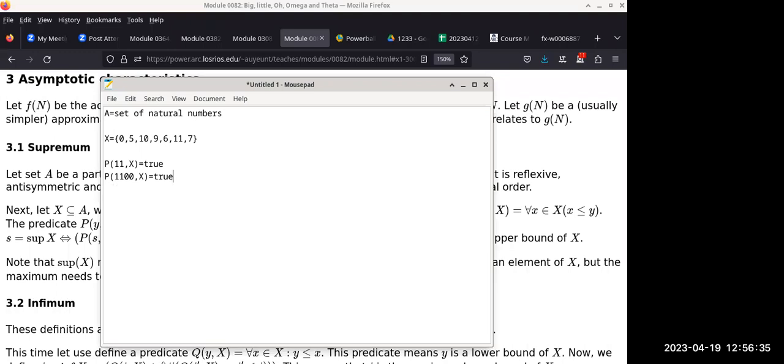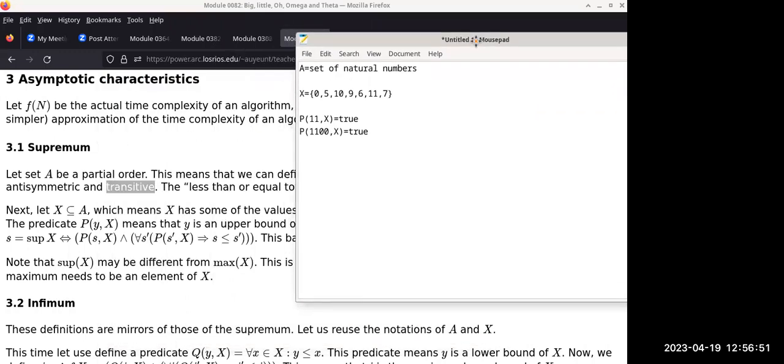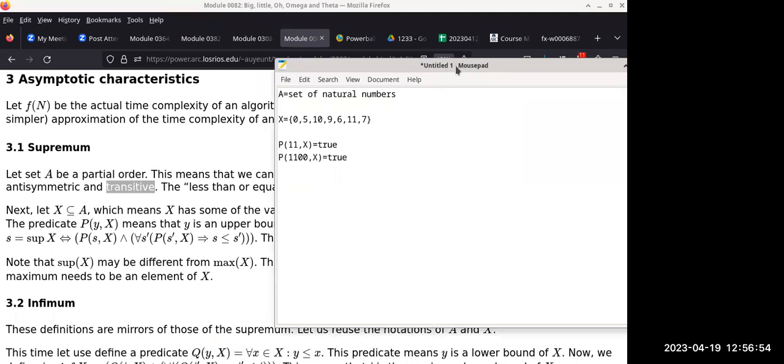So now the supremum is 11. The supremum is 11 itself because it is the smallest of all the upper bounds. And the upper bounds are always given explicitly. It is parameterized. So we are trying to find, you are given X, and the supremum is basically the smallest upper bound with respect to these values. And you guys, go ahead.